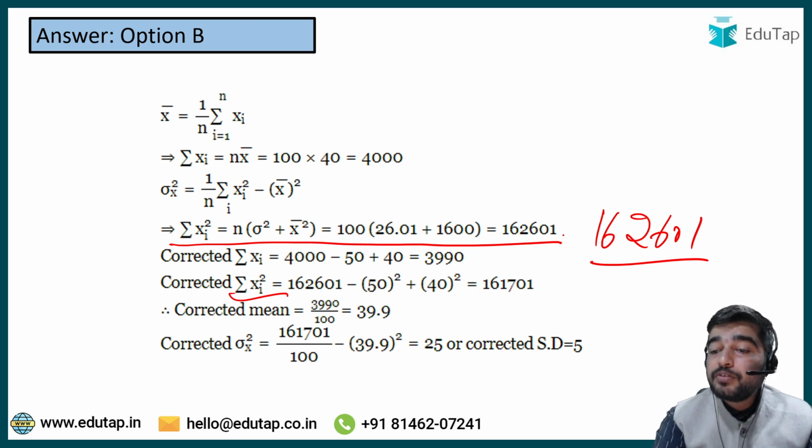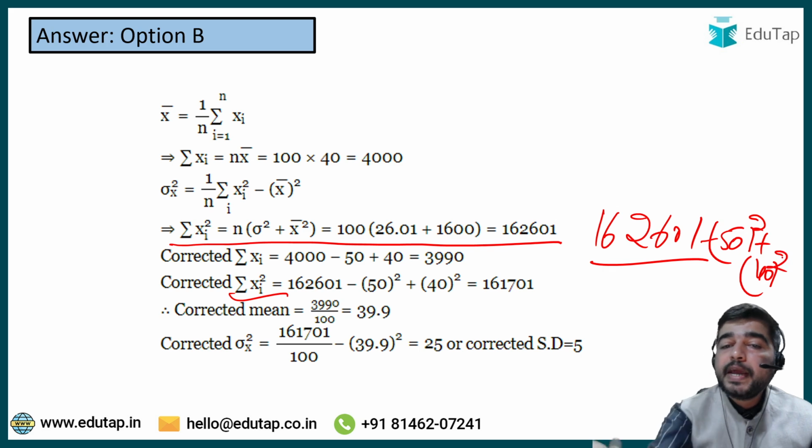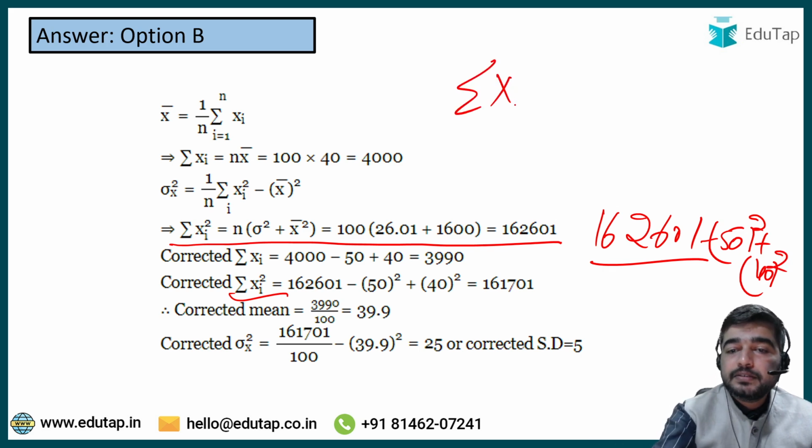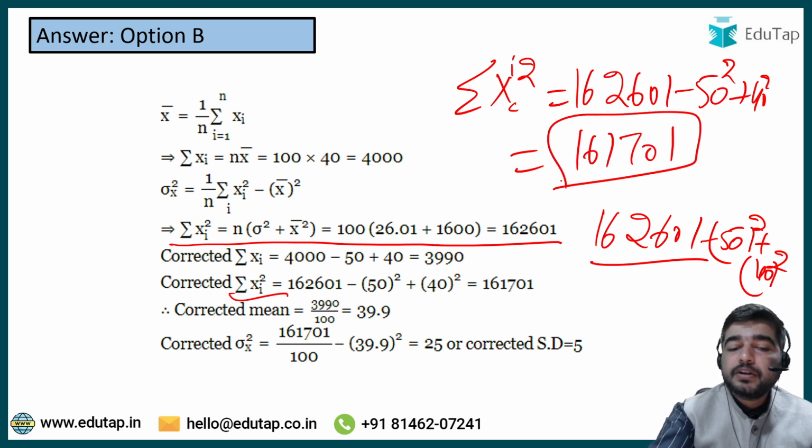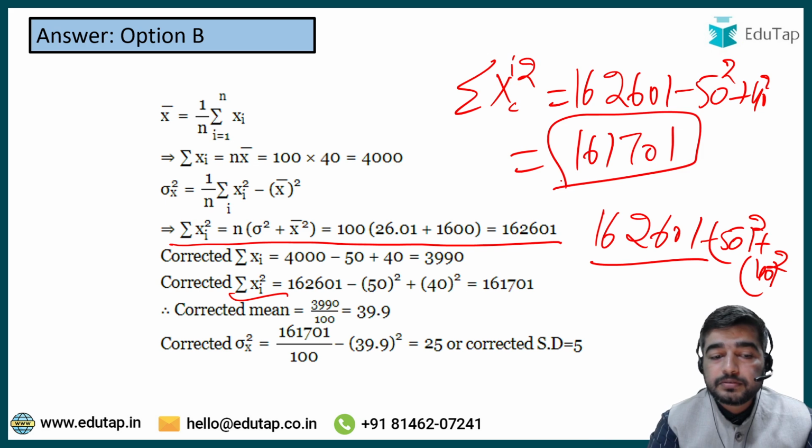So now we have to correct this also. We have to replace 50 square with 40 square. So the corrected sigma xi square is equal to 162601 minus 50 square plus 40 square. This is equivalent to 161701. This is the figure of corrected sigma xi square. So the corrected mean we have calculated. Now we can calculate